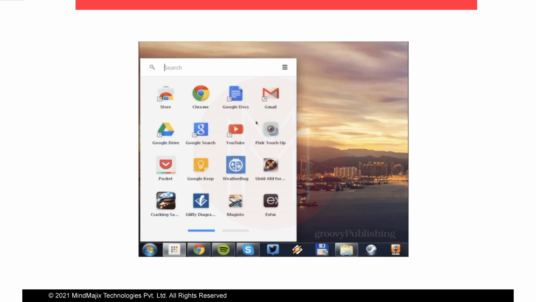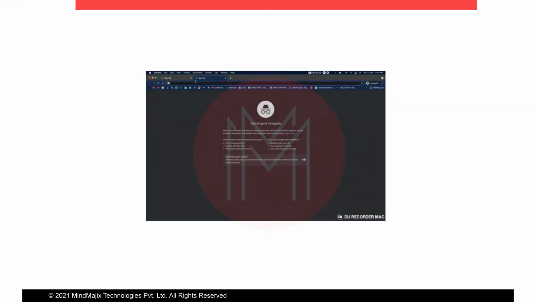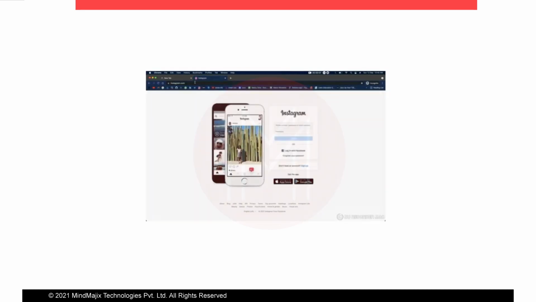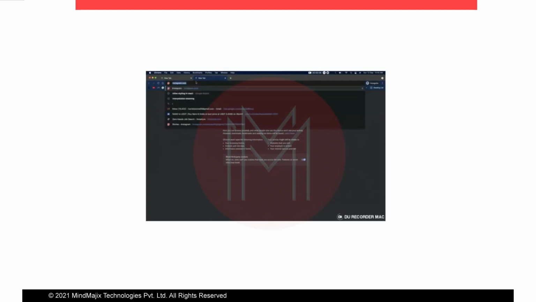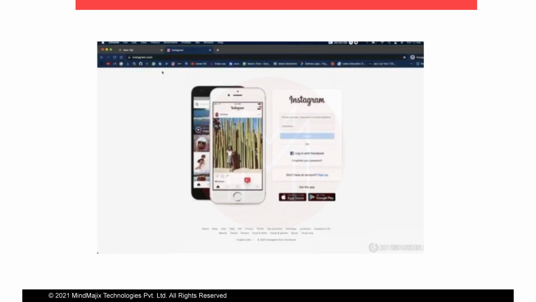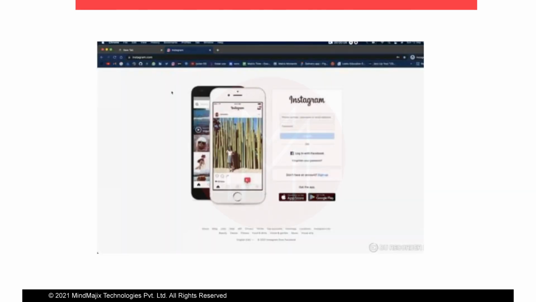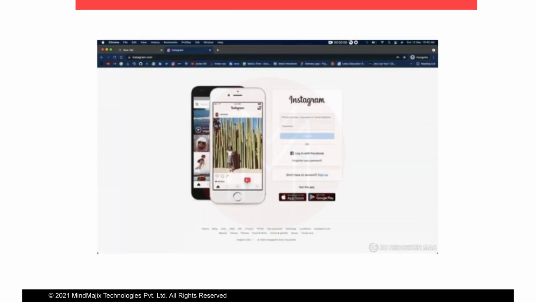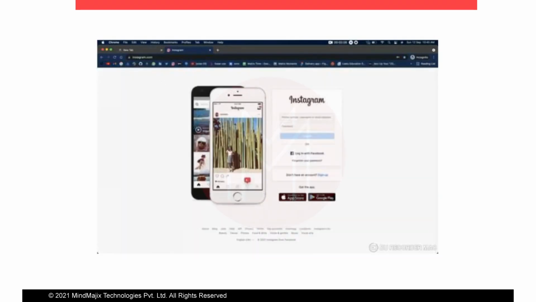The main categories are mobile, desktop, and the last one is web application. We open our system and open the Chrome browser or Safari, not only on a system but also on mobile. On mobile also we use Chrome or UC browser, and we visit websites like Instagram.com or Facebook.com, or you open any website. This is basically a web application.